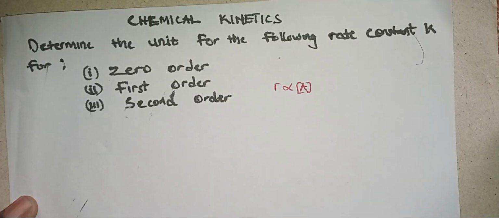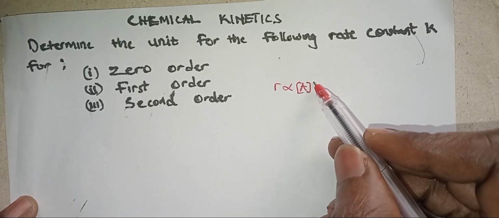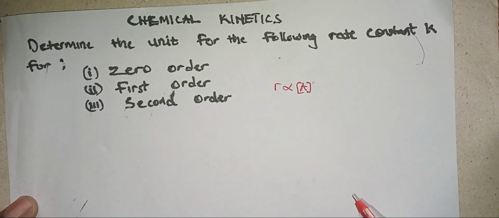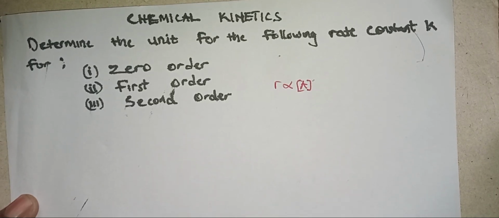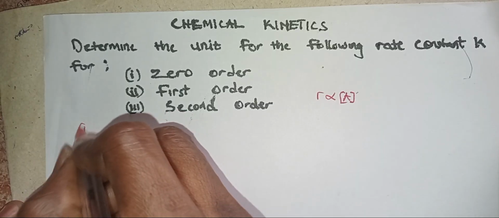And anytime we want to find the order of reaction, the order of reaction is always the exponent of its concentration. Now for the zero order, let's begin with the solution. So the first one, which is the